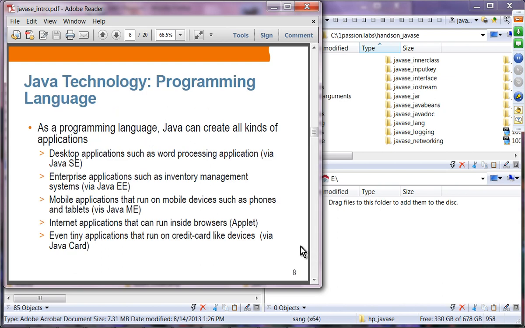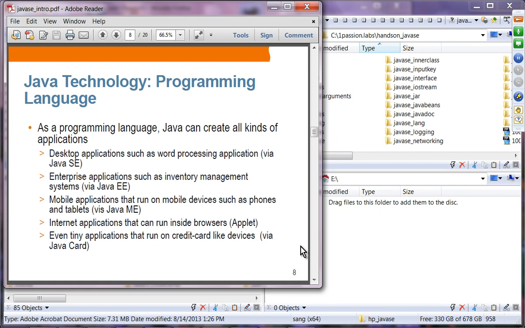So, Java technology as a programming language. As a programming language, Java can create all kinds of applications. You can certainly create a desktop application such as a word processing application, and in fact, that's what we are going to focus on, desktop application technology in Java SE.